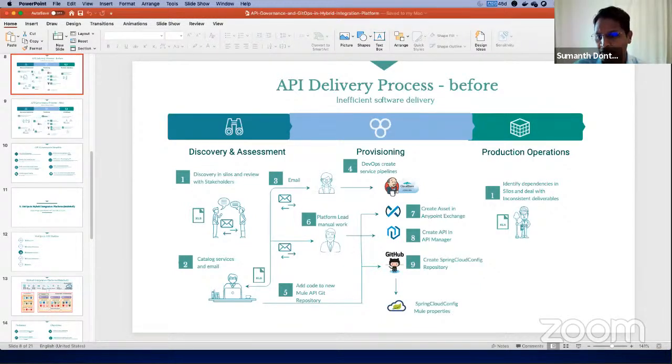But there are various scripts. I can tell you we use shell scripts, we use Ansible scripts. It varies depending on the need.